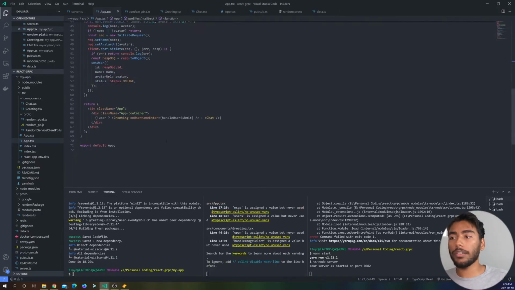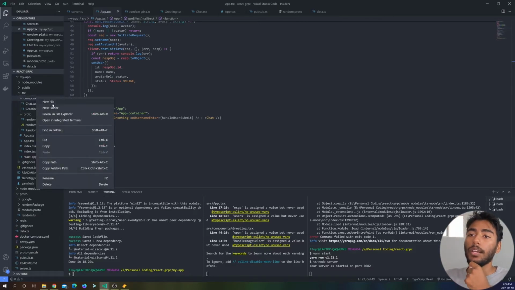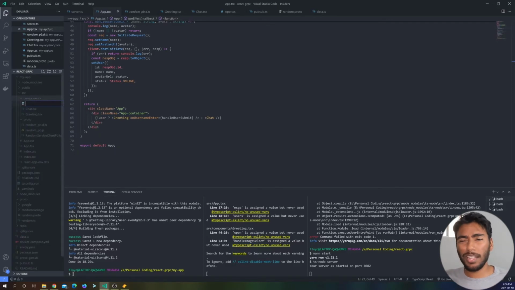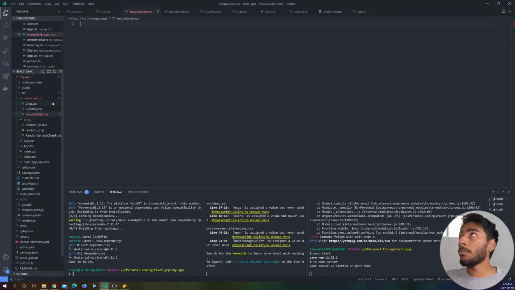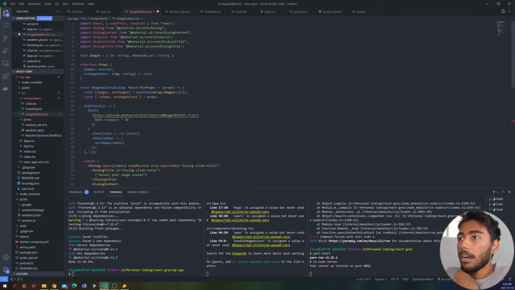What we're going to do now is copy paste a few components that I had. Image gallery was one of them, because I know I want my users to have images and they can select random ones. I'm going to use Lorem Picsum for users to get this data. So over here, I'm just going to copy paste this. Essentially, what's happening here is I'm getting my dialog components and my grid components, and I am running my useEffect to get